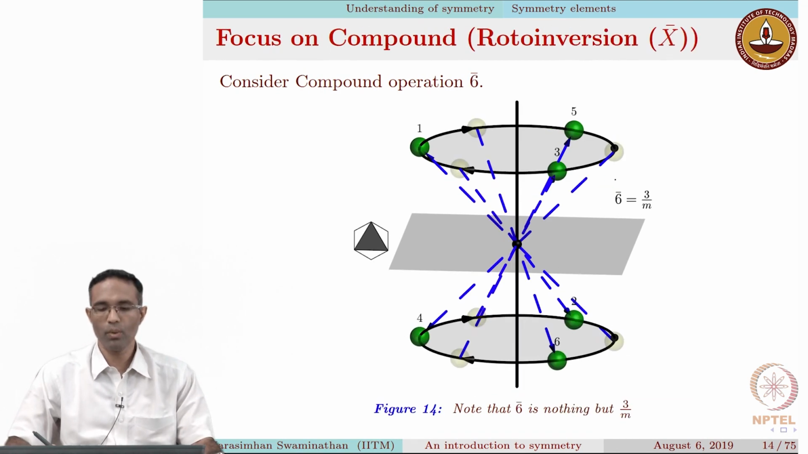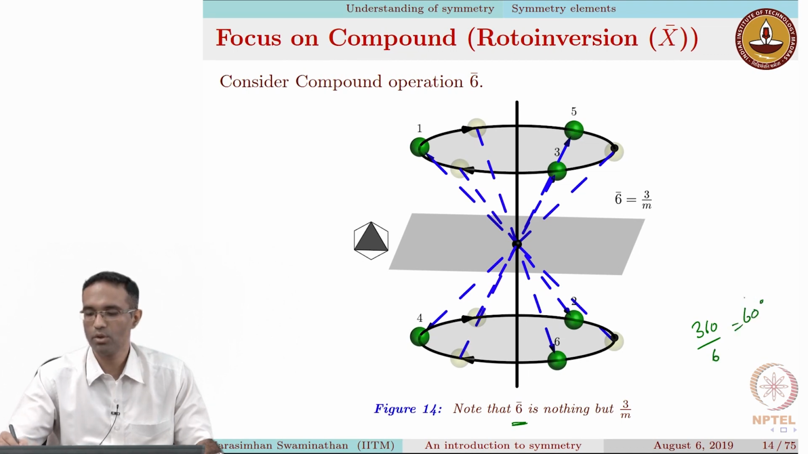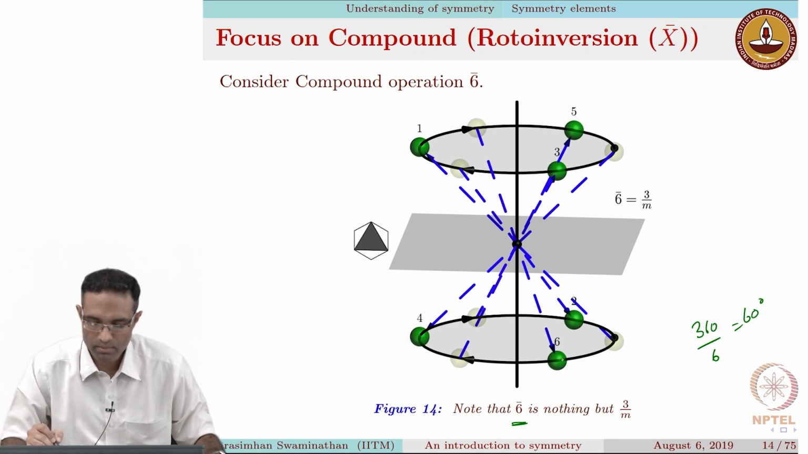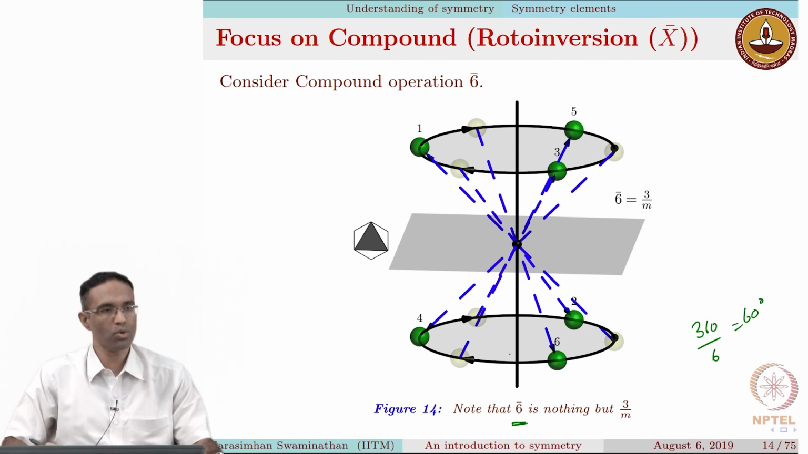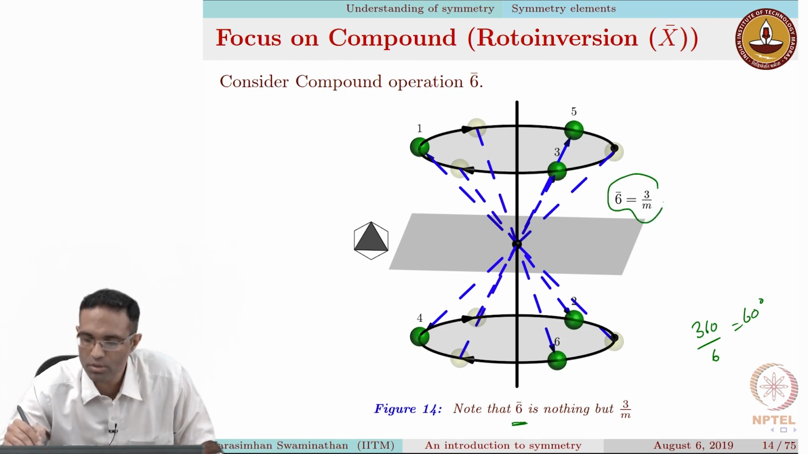Okay, so this is actually 6 bar. What is the angle of rotation? When you talk about 6 bar, it is 360 over 6. So you have rotated by 60 degrees. So one is moved to this shaded atom here, and then inverted. You get the atom number 6, and you keep doing this over and over again until you start regenerating the entire structure, right? So 6 bar happens to be similar to